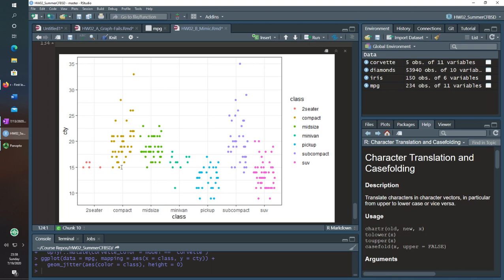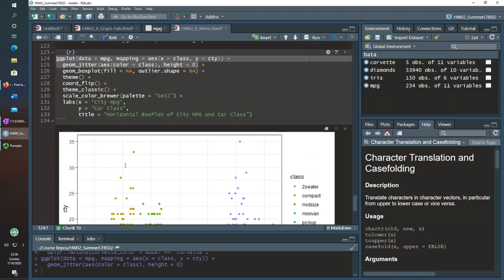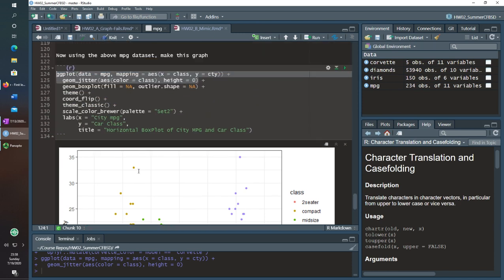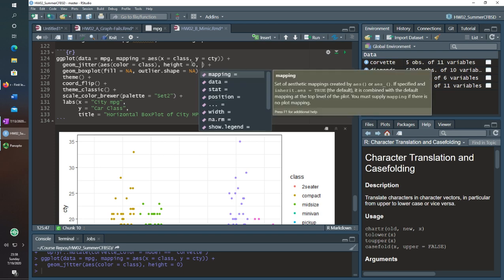That is, I don't want anything moving on the y-axis because these are values that are definite and really should be where they are. But I want it to jitter on the x-axis, so I wanted to jitter on the height, but not the width in this case.